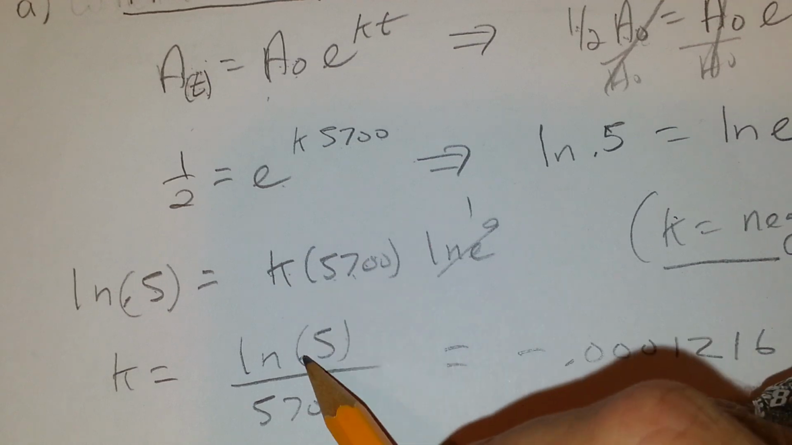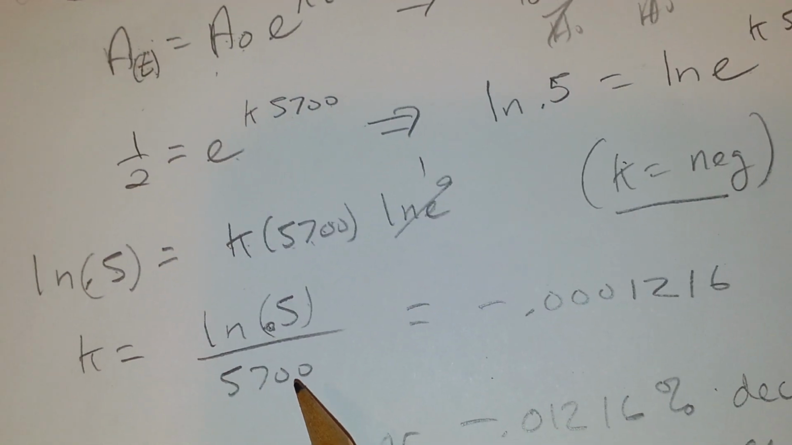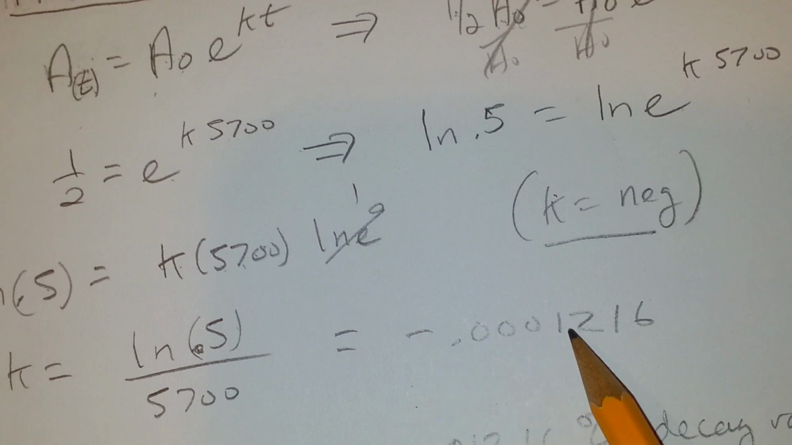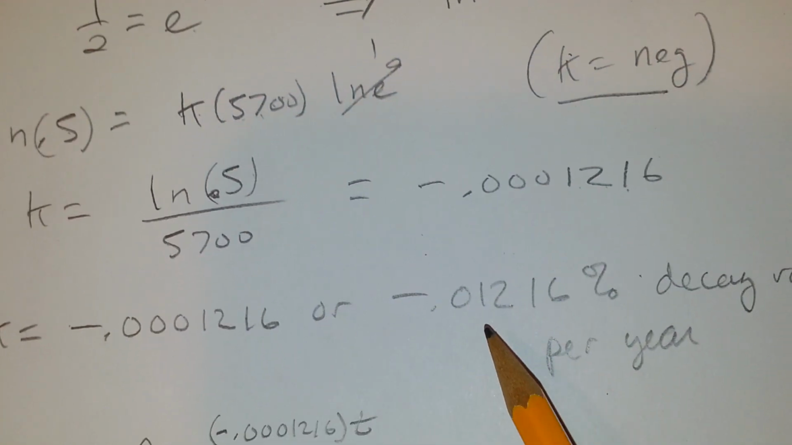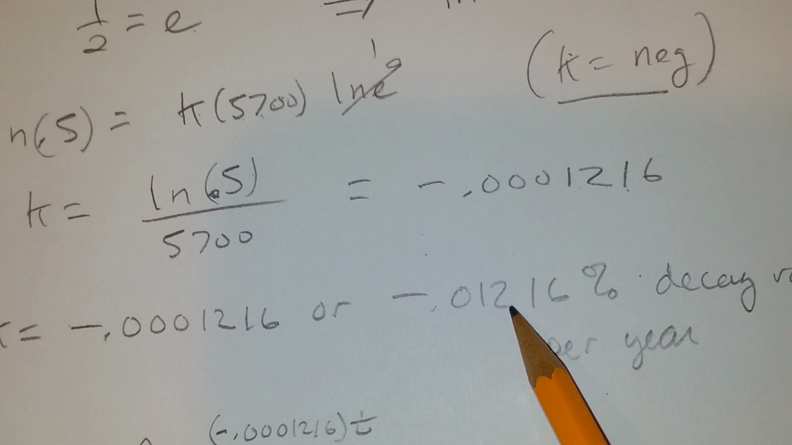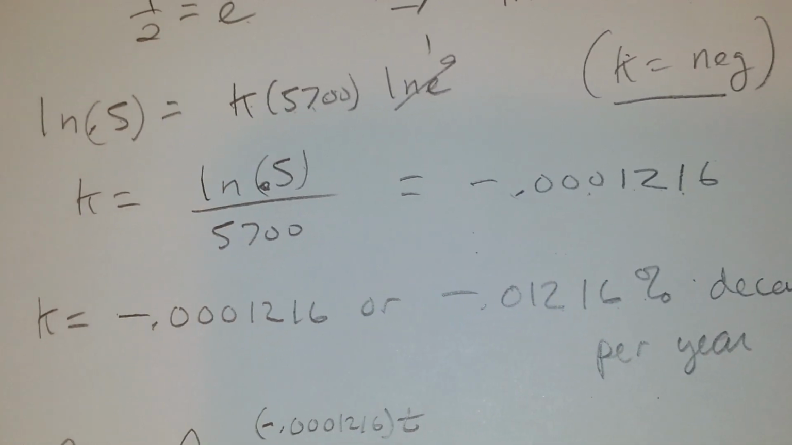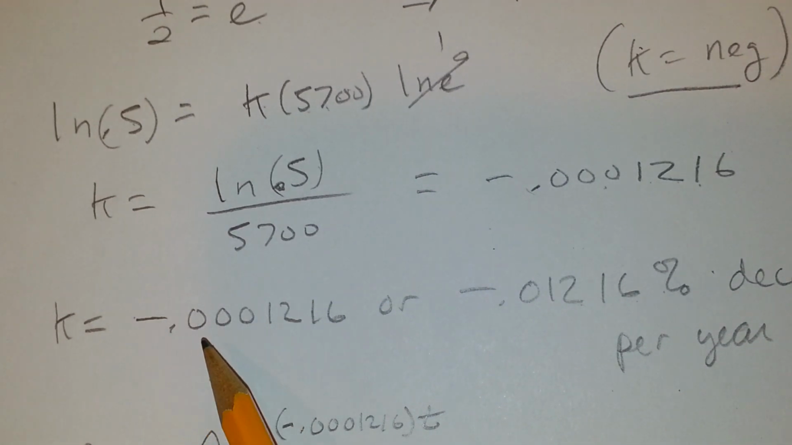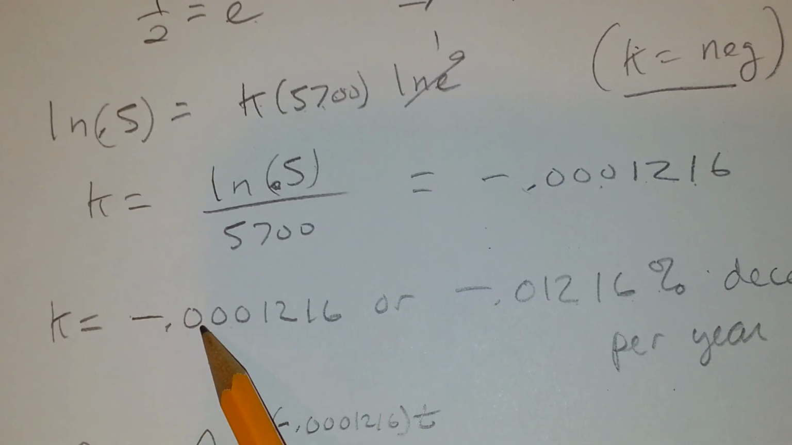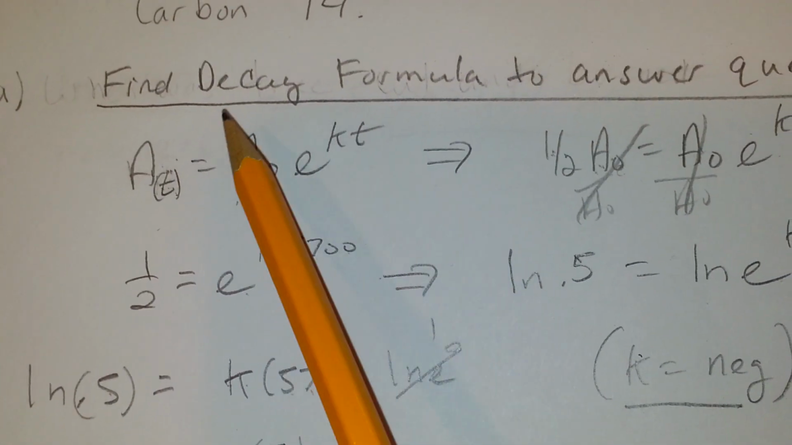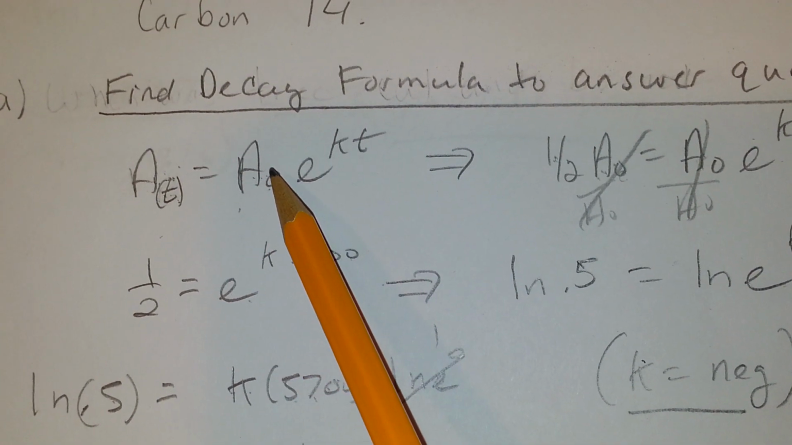Log of 0.5 divided by 5700 equals negative 0.0001216, or negative 0.01216%. I moved this 2 places over for the percent, okay? All right, that's what k is. That is your decay factor, negative 0.0001216, okay? All right, so we plugged in, and we didn't even have to plug, we could plug in anything,